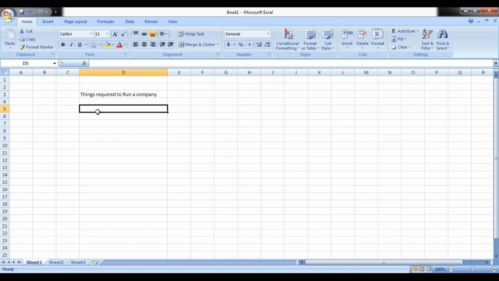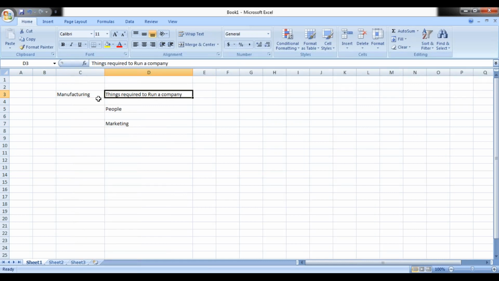Yes, I need people to run the company, and then I need a marketing department which manages marketing. Say the company is a manufacturing company. Whatever I have manufactured needs to be marketed and sold. Only then will I get profits and sustain this company. So I need people to manufacture things, and I need people for marketing, which means I need a marketing department. When I say people, I can call this department HR, the Human Resources Department. Similarly, marketing is a department,